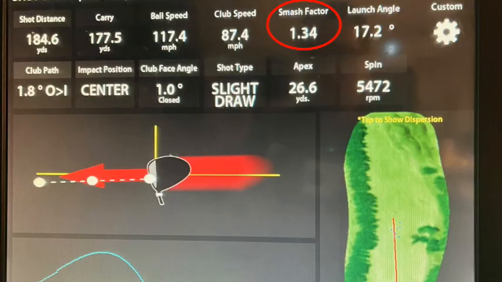And that brings me to smash factor, which is the efficiency rating. It's a 1.34, which is pretty good for a 7-iron. Anywhere in that range means that I've hit it pretty good. So that is the ratio of ball speed to club speed. How much energy did I put in? How much energy did I get out? I swung at 87 miles an hour, then I got 117 miles out of it. So 117 divided by 87 would give me 1.34. And the higher that number goes, the better the strike, the more I got out of it,